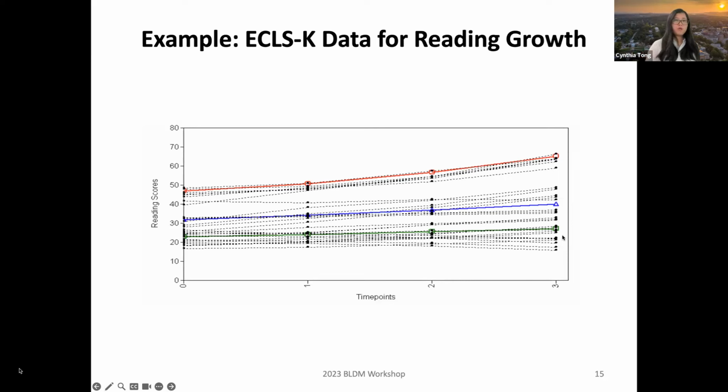If we observe such a pattern by looking at the trajectory plots, then we can definitely think about fitting a growth mixture model to the data. A lot of times in practice, if you see big variations in your population for a growth curve model, and the population is also a composite of many different subgroups, then you can also consider using growth mixture models.